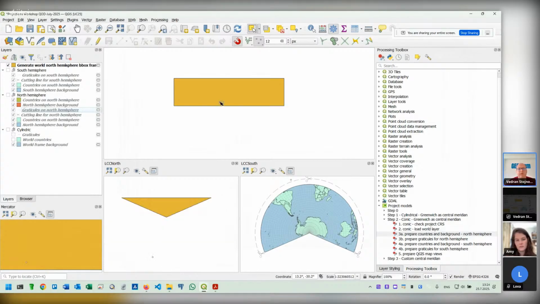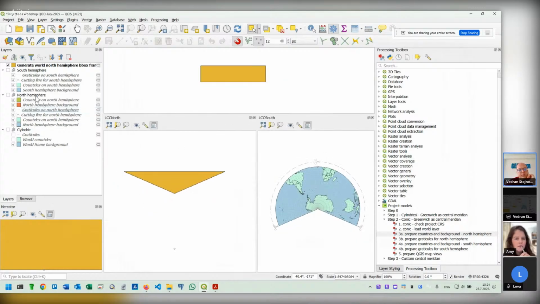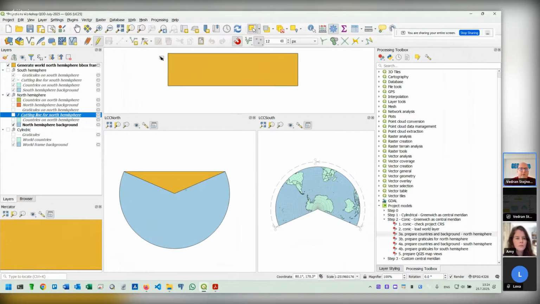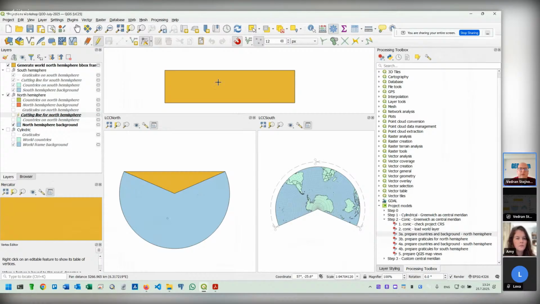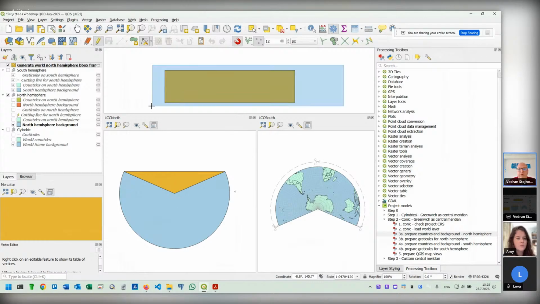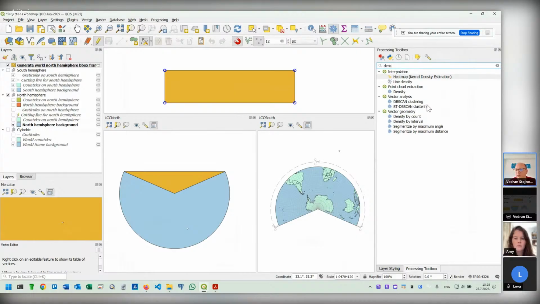Okay, now you can see this northern part of the world is wrongly reprojected in the LCC North projection. Instead of having this shape down here, we have a triangle upper, and this is when we have 4 points. Sorry, wrong layer. When we have 4 points of our polygon. But if we densify it,